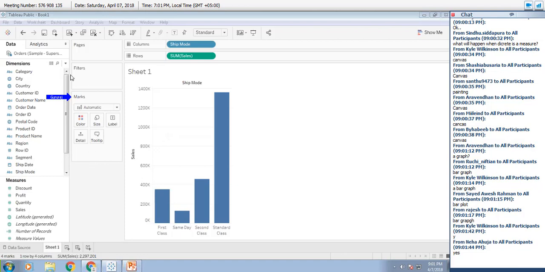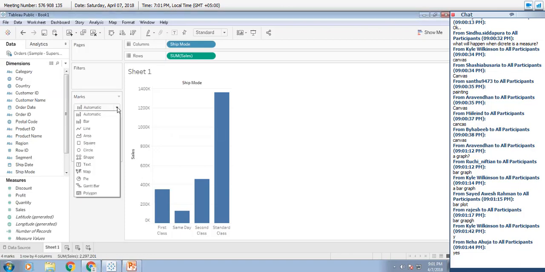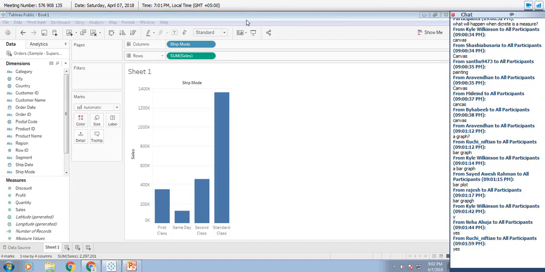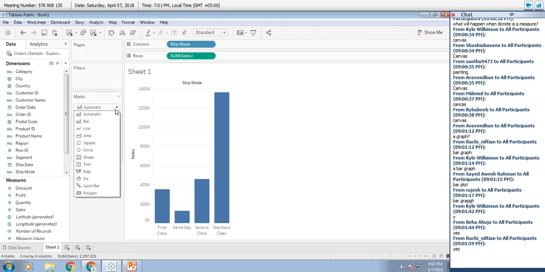Under that, you have your drop down. These are your mark types. These are the only available mark types in Tableau.